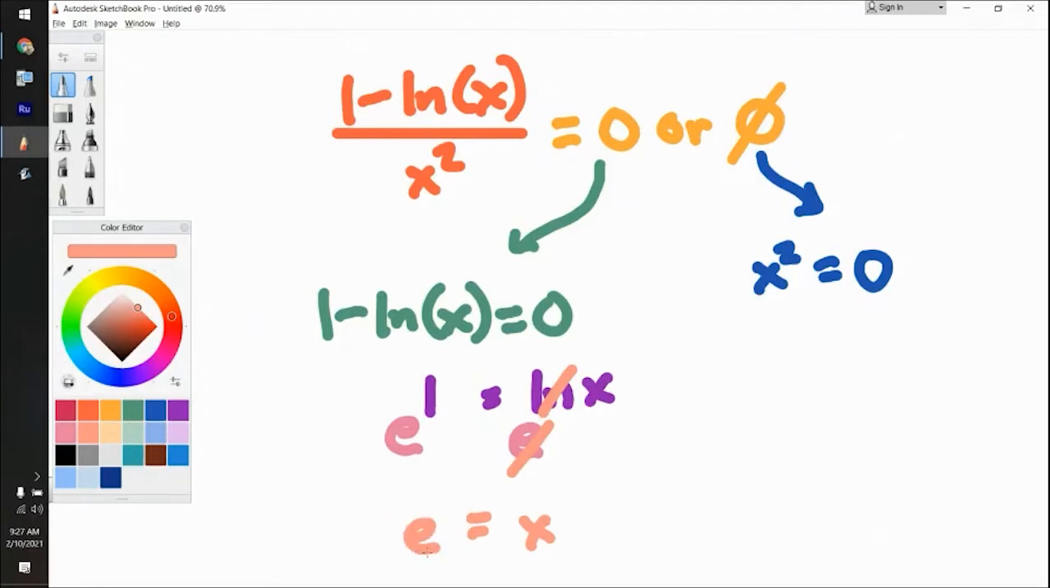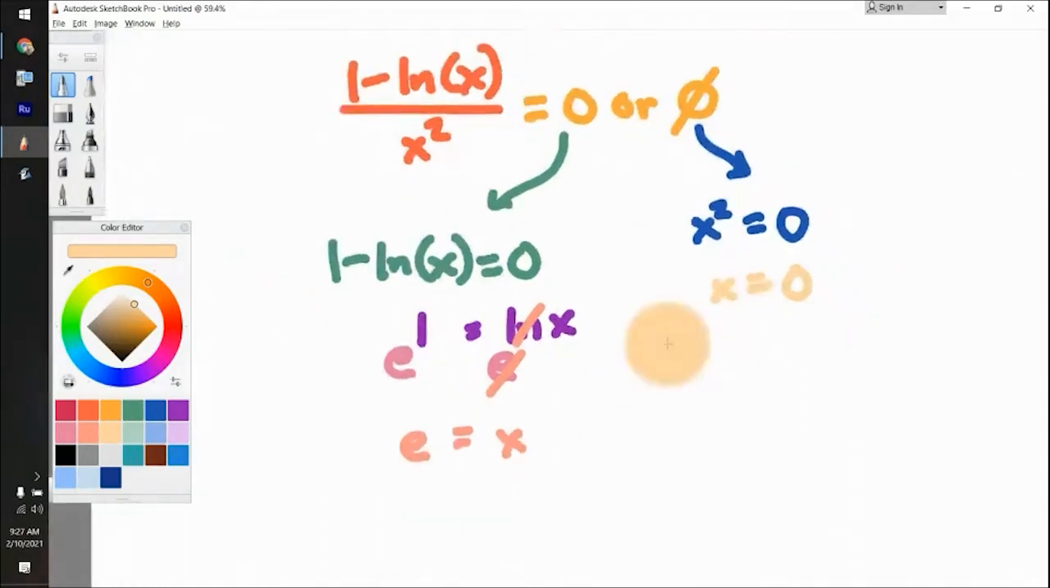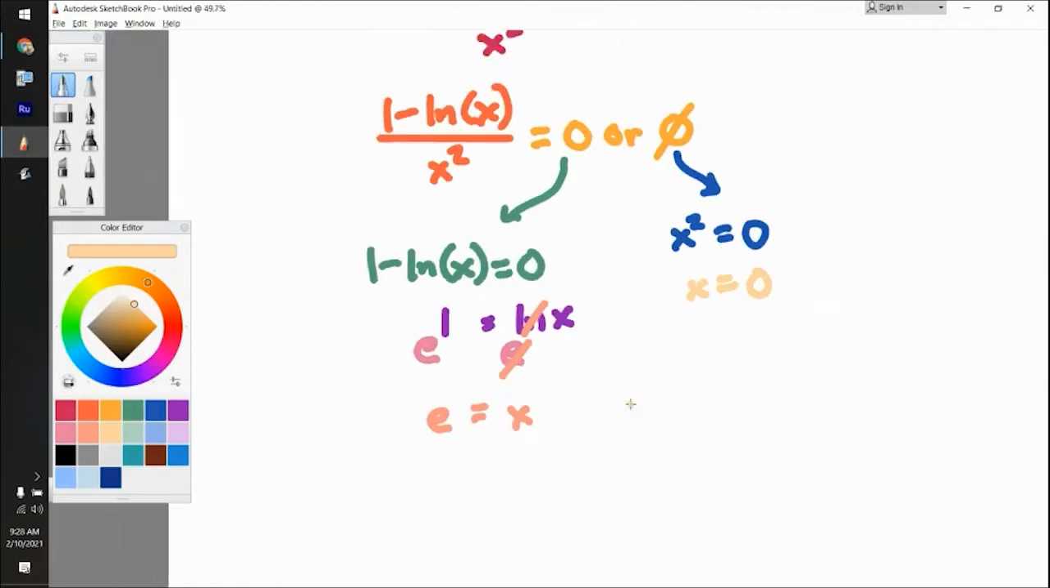X is equal to e. So we have one critical number. This is amazing. Okay. Our other critical number is pretty easy because you square root both sides, you get plus or minus 0, which is just 0. So now we have where the derivative is equal to 0 or undefined. But we still don't know where the derivative is positive or negative. But we know the instances where it could be shifting, because from one side of 0 to the other, it could be positive and negative. So what we need to do next is